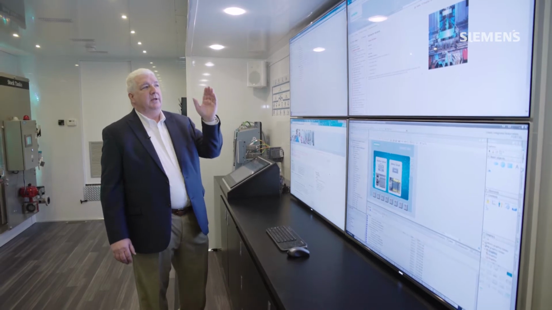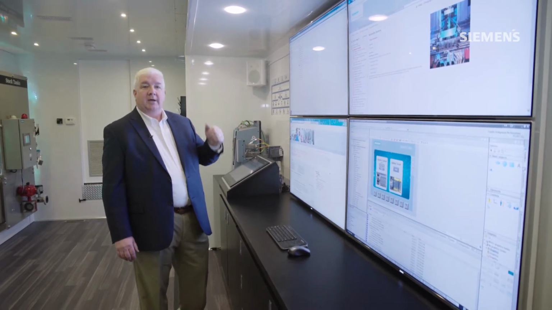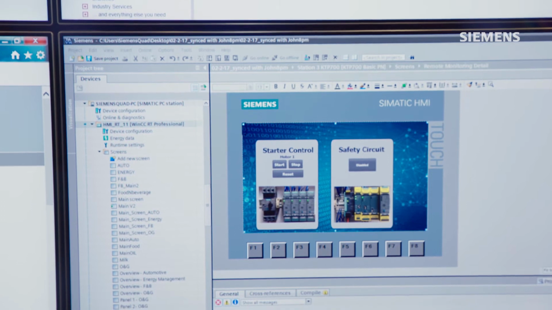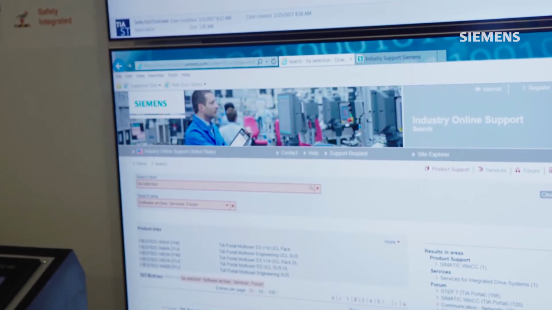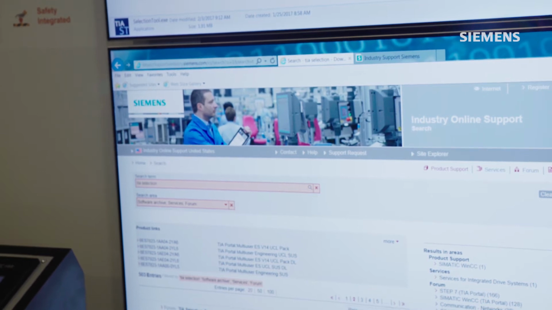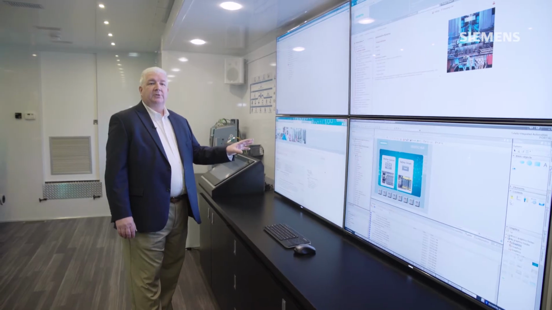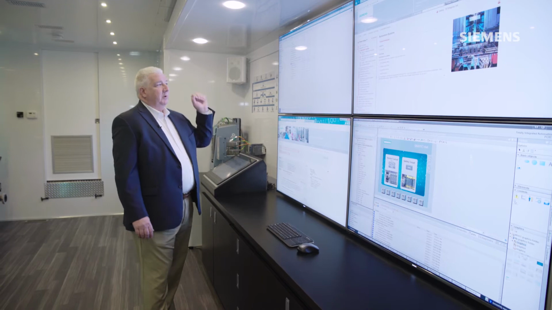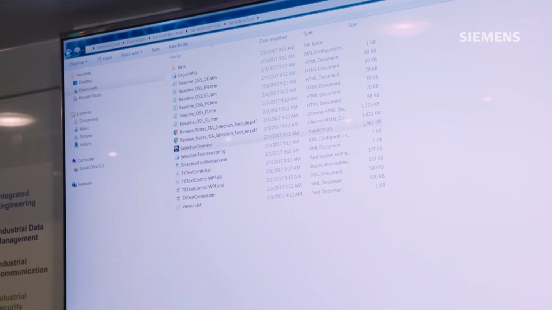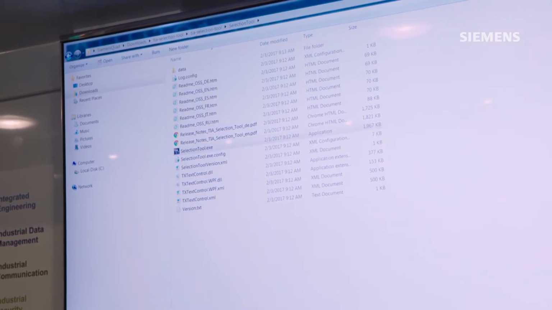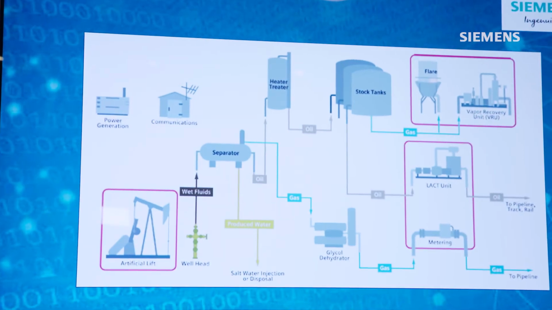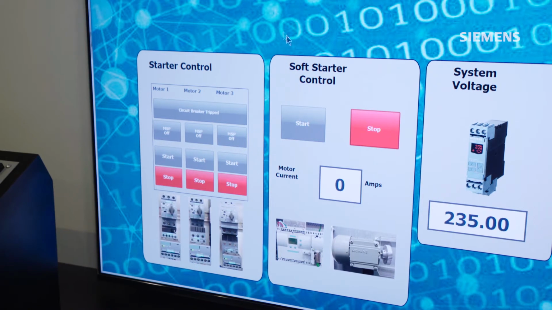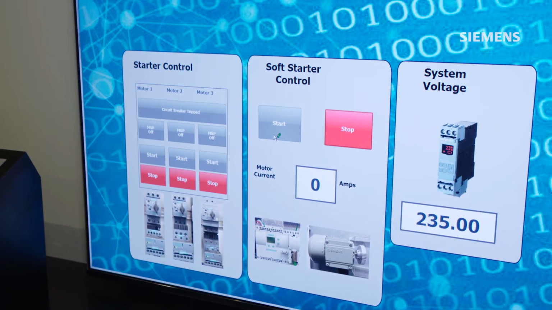So I can go up to the internet and go to our service and support website and look up manuals and other documentation, software downloads, firmware downloads, things like that. We can also go to Industry Mall to select products that we want to be able to purchase for our customers. But we can also go right into our service and support site also for our selection tools. So we can configure racks for our automation system, configure panels for panel design as far as electrical components and